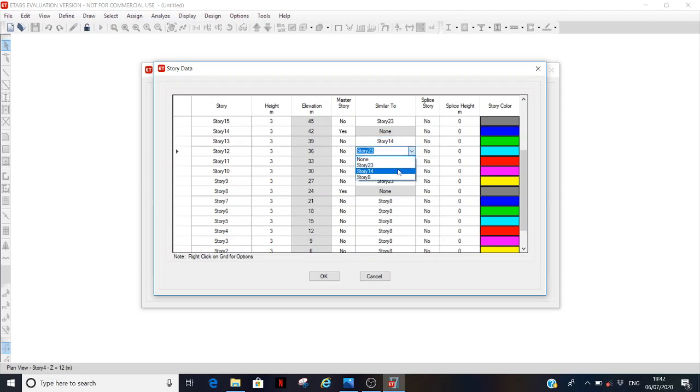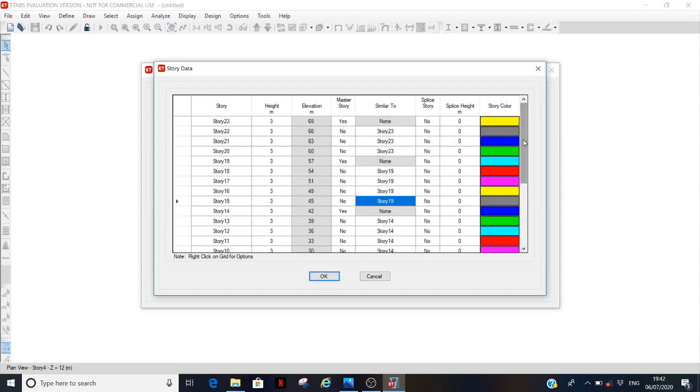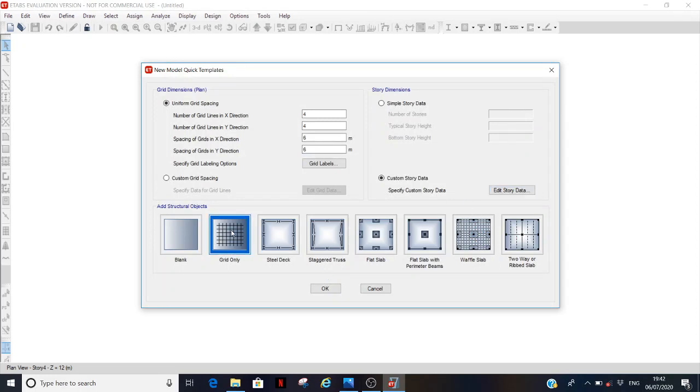Here I am choosing stories 9 to 13 as similar to story 14. Now go to stories 15 to 19 and select story number 19 as the master story. The remaining stories 20 to 23 are similar to story number 23. Click on OK. Click on grid only, then OK.